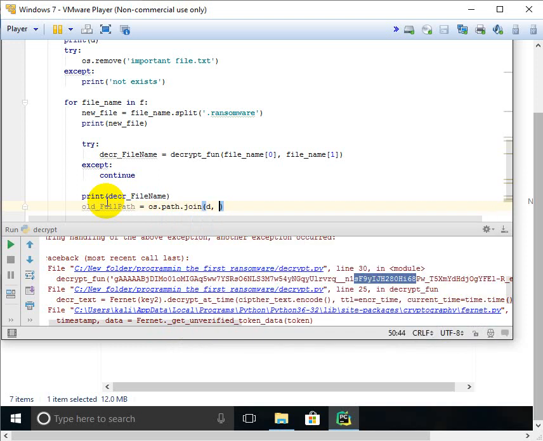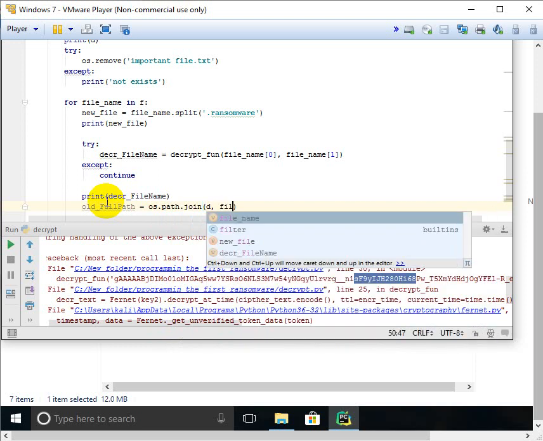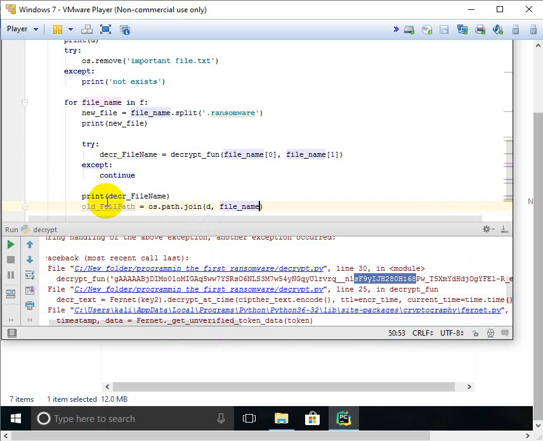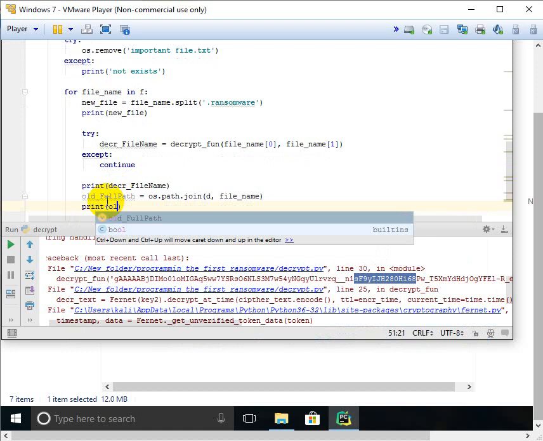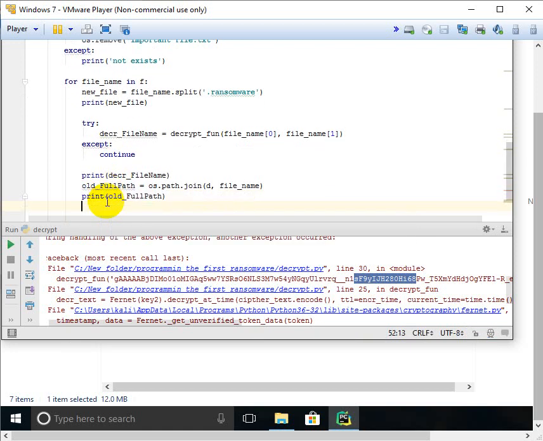The first is the main path of the file, and second is the file name. We need to print the old full path to see what it means. And also we need the new full path,